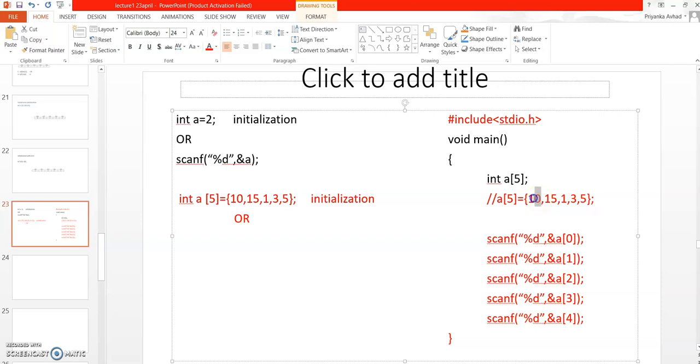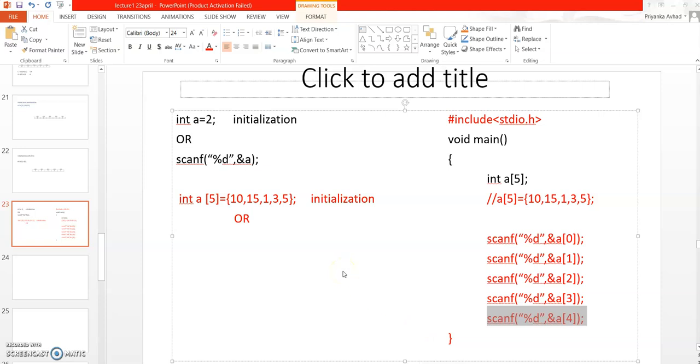So the first position is a[0], so your scanf function will be like this: scanf("%d") and store that value at the address of a[0], which is entered by the user. Again for the next element you have to write scanf %d with the address of a[1], and this process will go on.